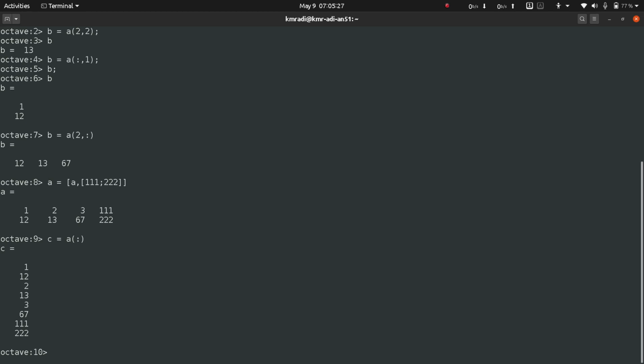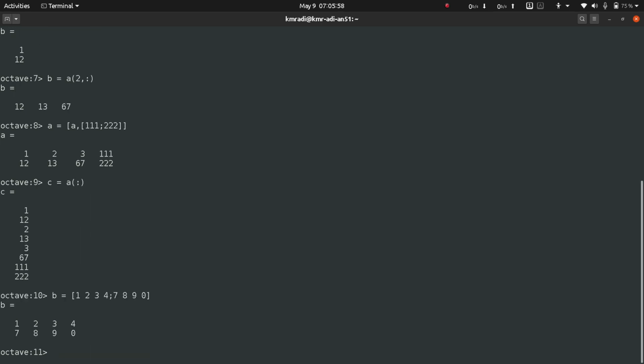Okay, if we want to concatenate two matrices into one, I'll have to create another matrix. B is equal to, since A is a 2 by 4, B must be a 2 by 4. So 1 2 3 4, 7 8 9 0. Okay, so I've got my B, I've got my A, and I have to concatenate them. So I'll just write C is equal to